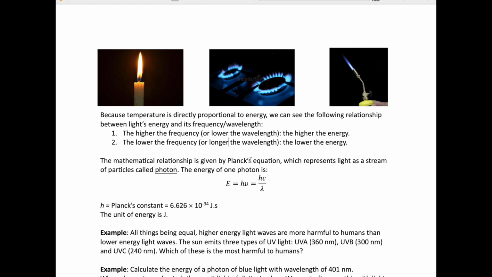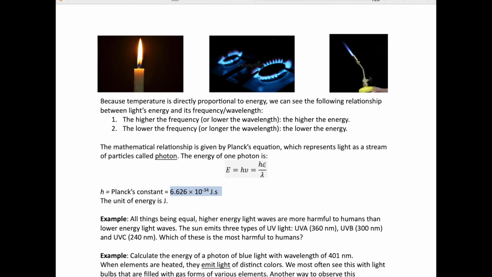He actually modeled light as a stream of particles that we call photons now, and the energy of one photon is E, which stands for energy, is equal to h times nu, frequency. So we call h Planck's constant. It has this value right here, and then the unit of energy in the end is joules. So when you multiply this times frequency, which is just 1/second, you end up canceling the seconds away and you get joules. The equation could also be written as hc over lambda if you want to express it with wavelength instead